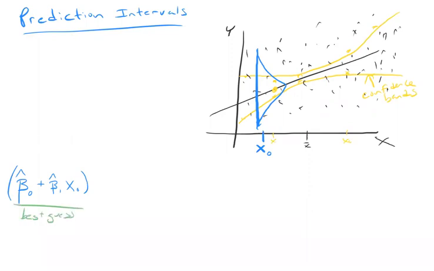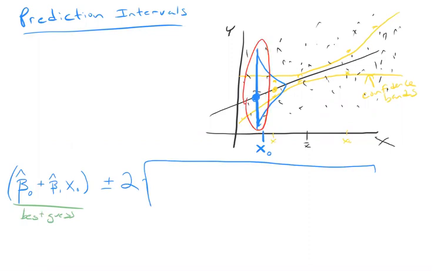So we can get to that. Right, here's x naught, and then there's intercept plus slope times x naught. That's my best guess. But now I want to add or subtract 2 times the square root of some kind of variance. And it's going to be the variance of the actual data points around that mean prediction. Not the amount that I think the line might vary, but the amount that I think the actual data points might vary. Not where the mean of y lies, but where the actual values of y lie.